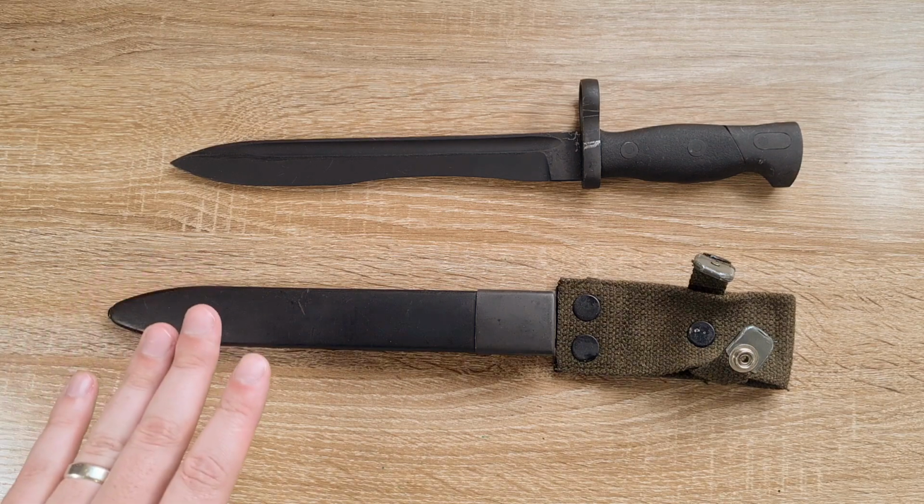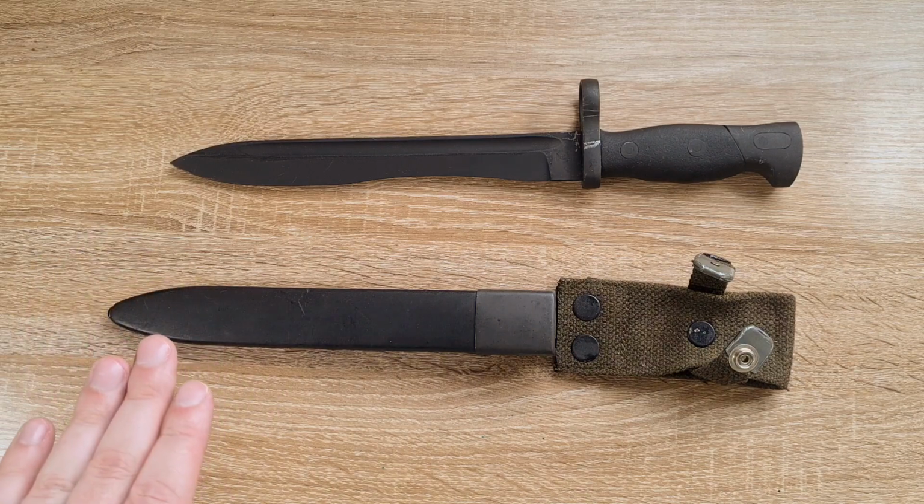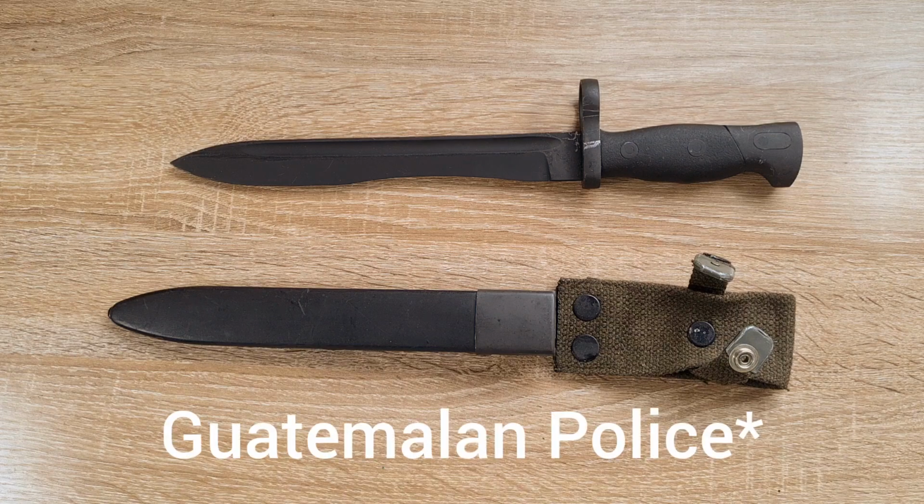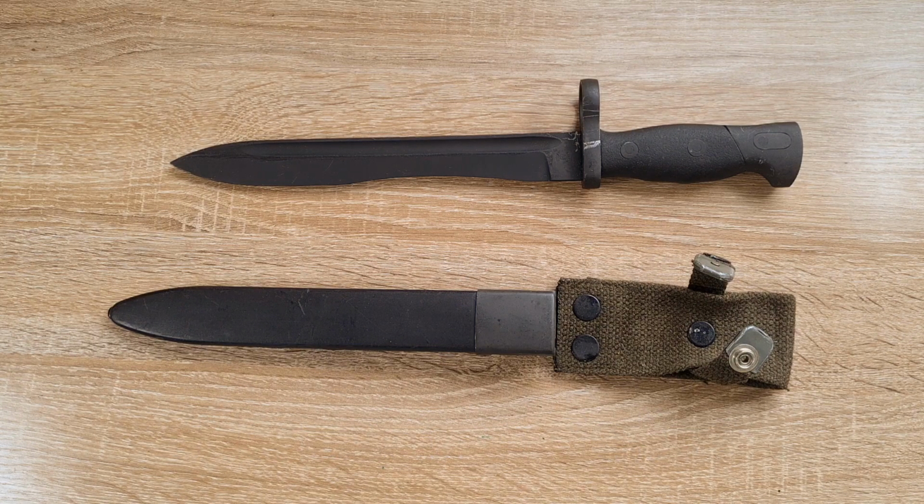Now, Spain made these in 1969 and 1973. However, their relationship didn't go much further, because in 1980, Spain broke off pretty much all relations with Guatemala over an incident they had in their embassy. A bunch of rebels took control of the embassy, and they weren't out to shed any blood. They were just trying to make a point, and essentially the Spanish police kicked in the door and killed pretty much everyone except the Spanish,